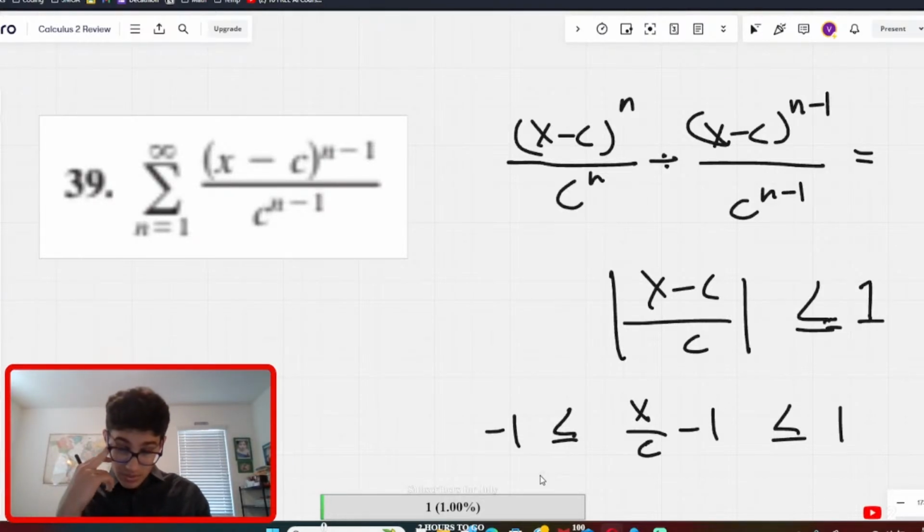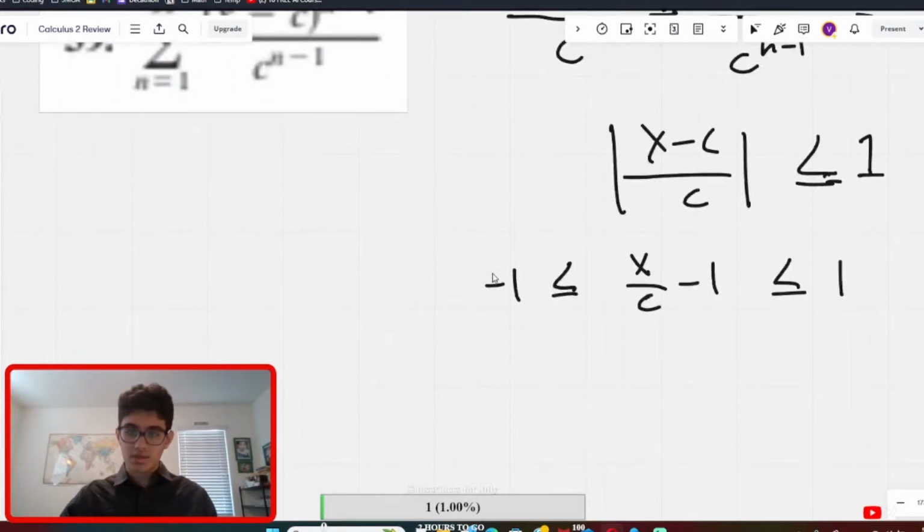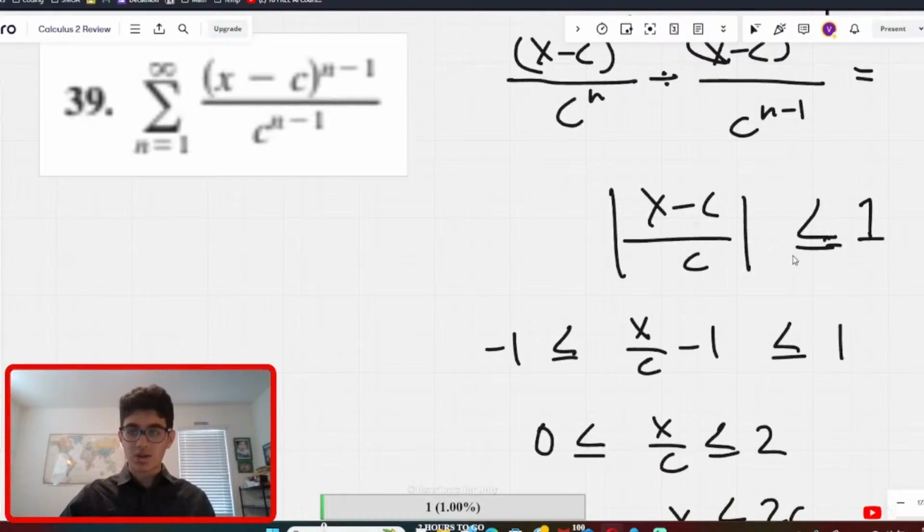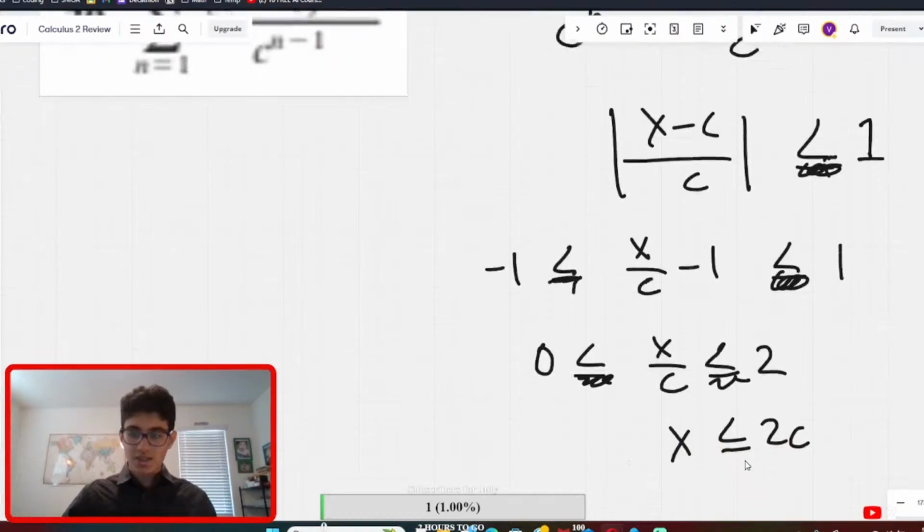Wait, something about this is a bit off, I think. How can that? Oh, okay, makes sense. Sorry. So basically, 0 is less than or equal to x over c. You're adding 1 to everything, so it's 2. So x is less than or equal to 2c. Sorry, it's not less than or equal to, it's just less than. So all of these, you remove these lines everywhere. It's just less than, less than. So x is less than 2c,